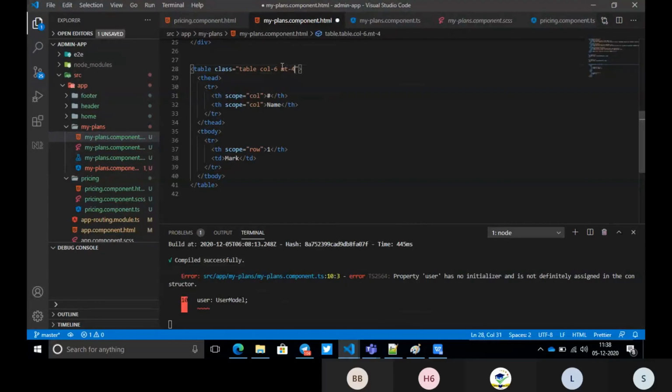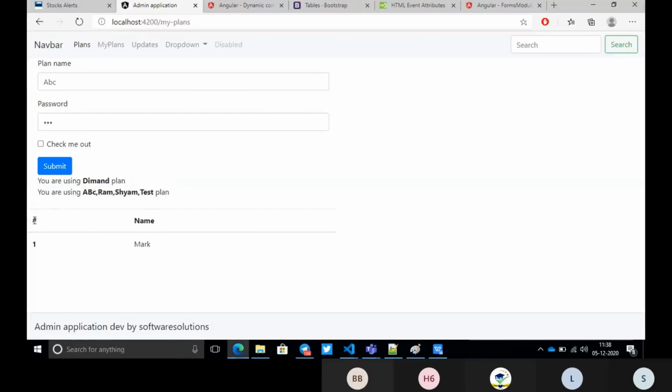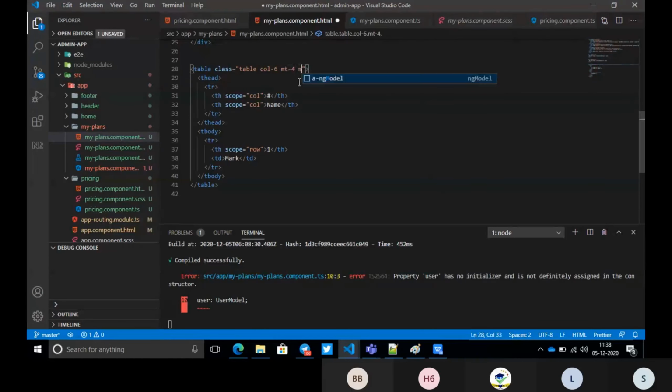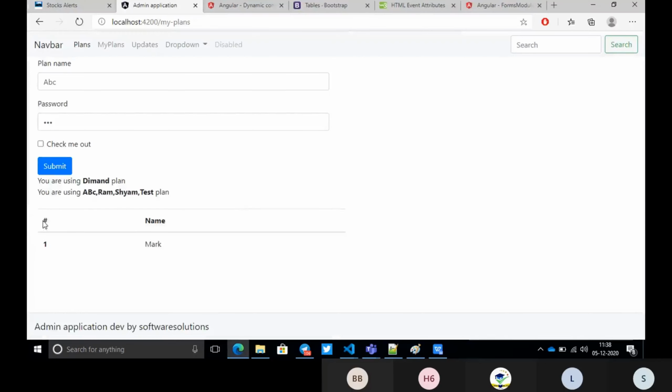M means margin, T for top, and 4 means I want to give 16 pixels at the top, so the table will come down. If you want some space on the left side, you can give ml-4, margin left 4, so the table will come to the right side.